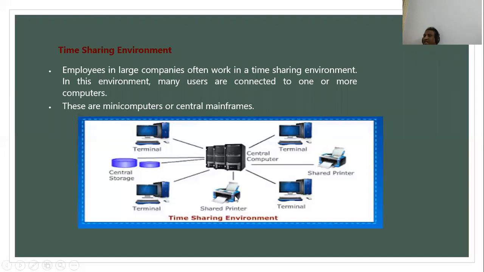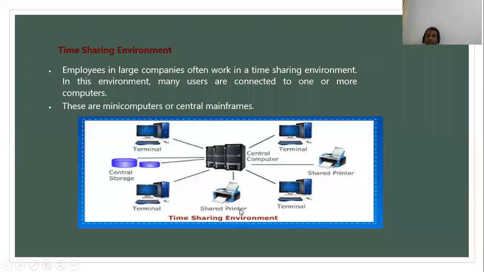So here, time is going to be saved. They are going to share the things. Normally, this type of environment is what we can see in offices. If you take a computer lab in a college, that also comes under a similar category, where all the computers are connected to a server, and from there to the printers.